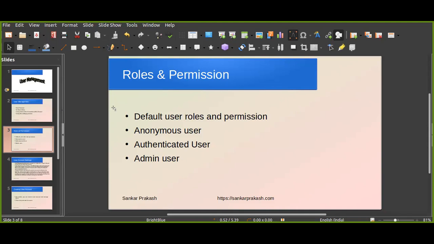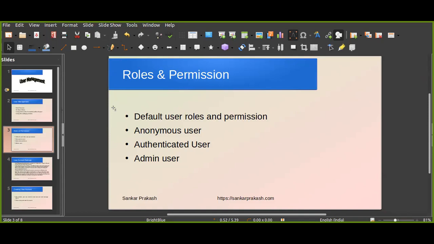Other than that, any user account you create will fall under the authenticated user. By default, all users other than admin will be authenticated users. Other than that, the anonymous user role is for a user who is not in the database, with no user entry. They will be considered an anonymous user.